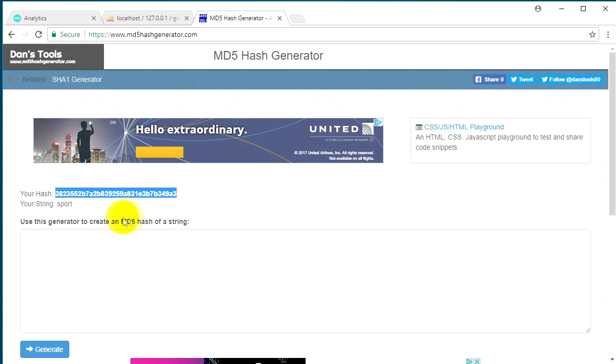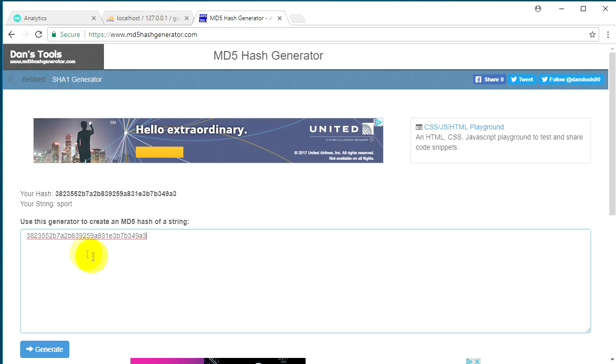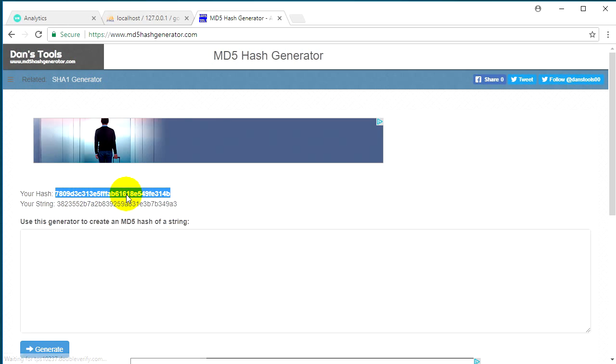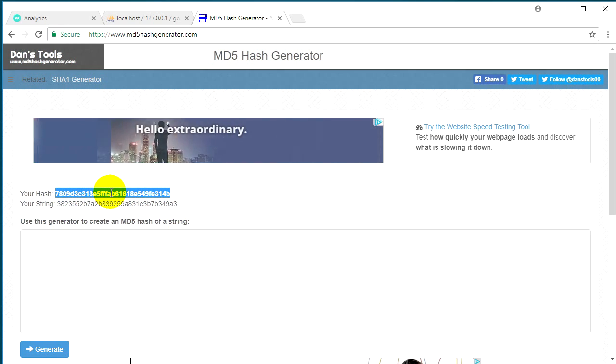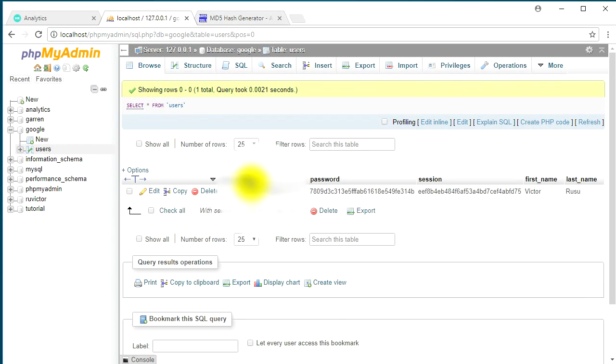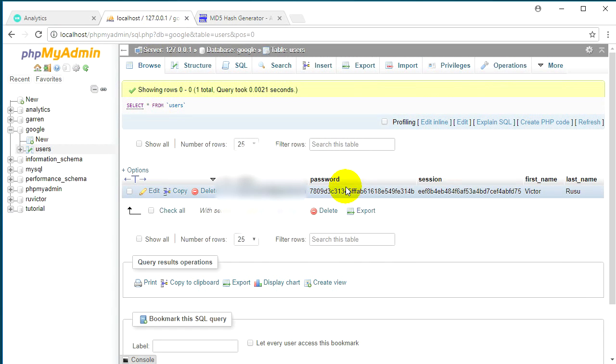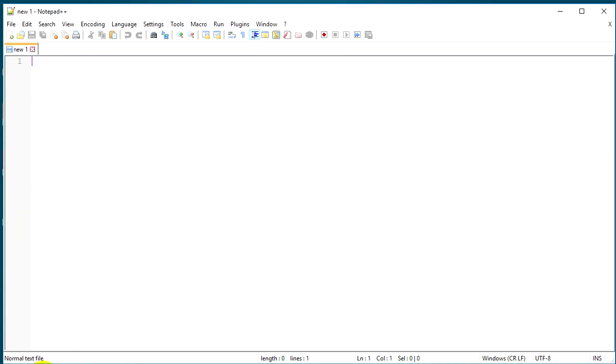So I have this MD5 codification, and then I copy this hash and paste it here and generate it again. And now the final hash I have, this should be the same as my password. So just do the same thing for your password and then insert it in your table. And after you are done with your database, I'm going to explain you